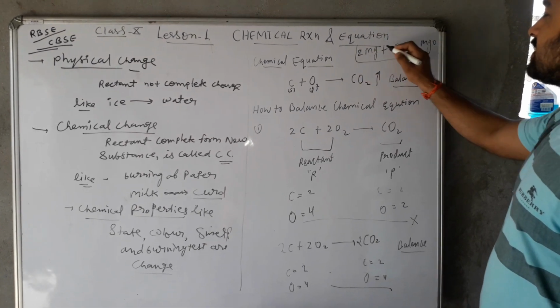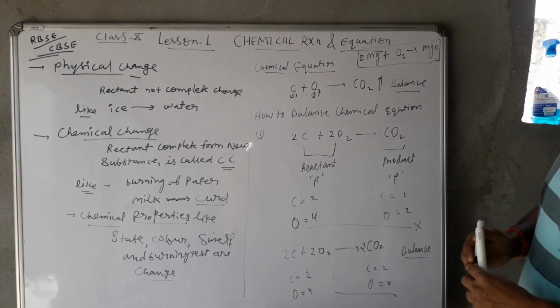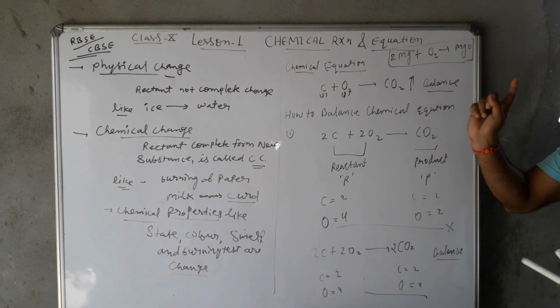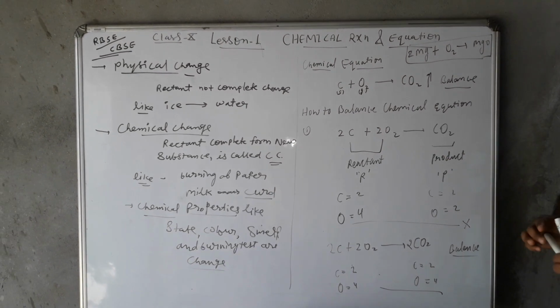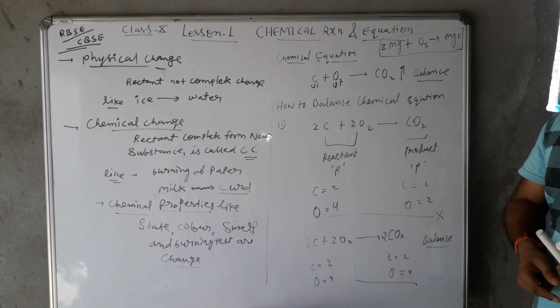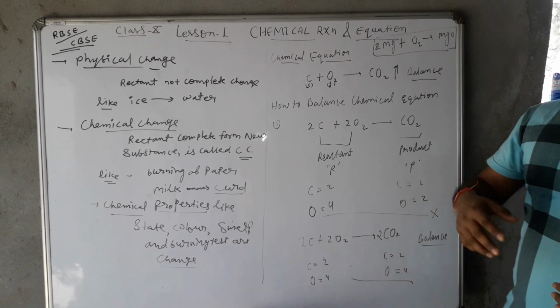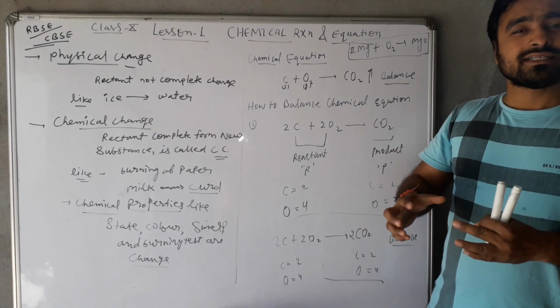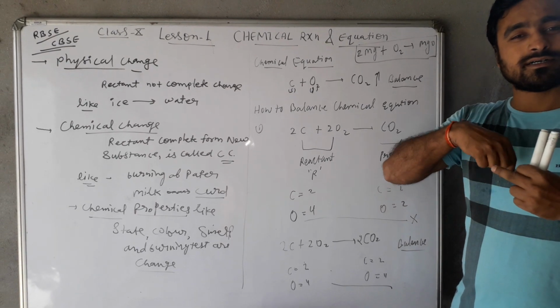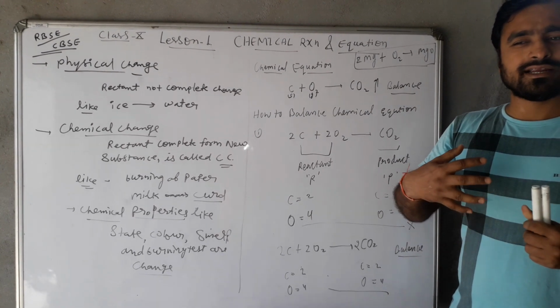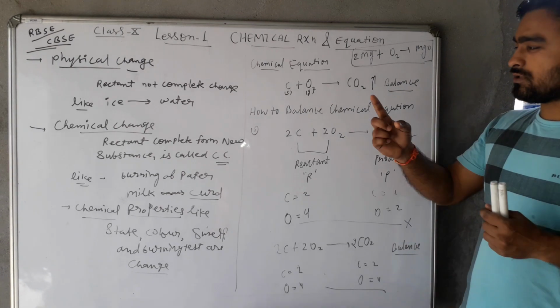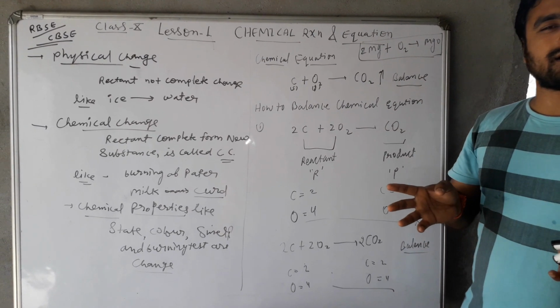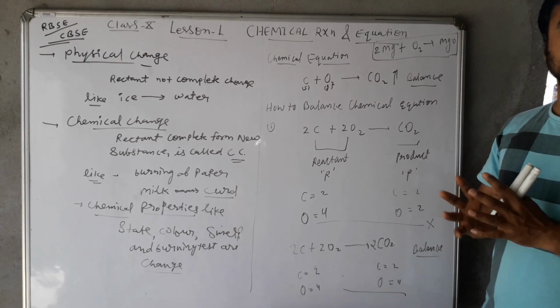You have to balance this reaction. When you balance it, you can easily understand how to balance chemical reactions. In the next class I will give you many tough examples, because we take easy examples first, then after we will take hard and large examples for balanced and unbalanced equations. So students,